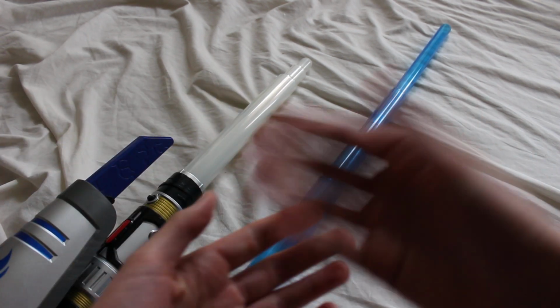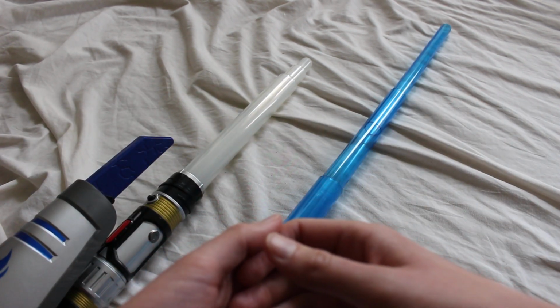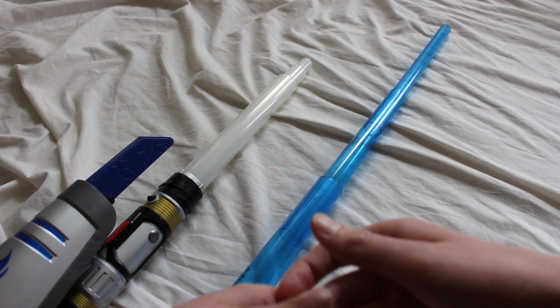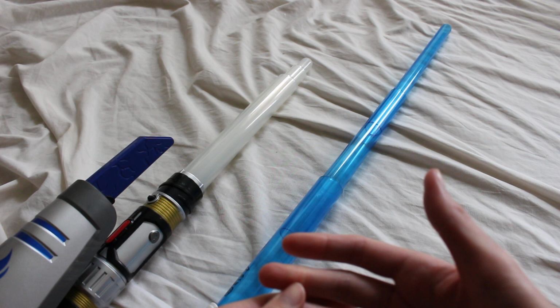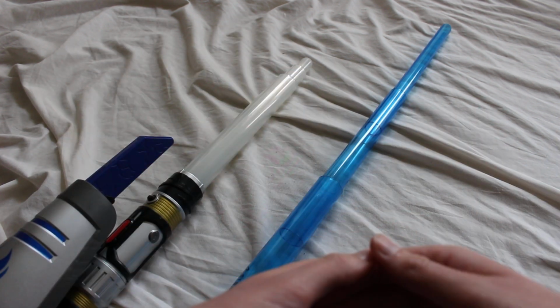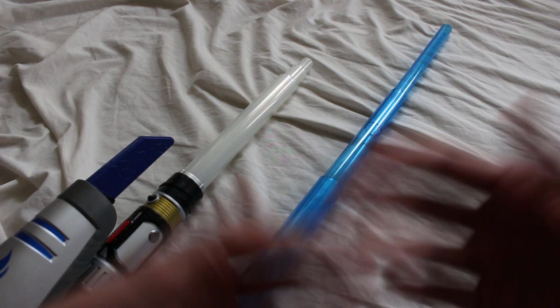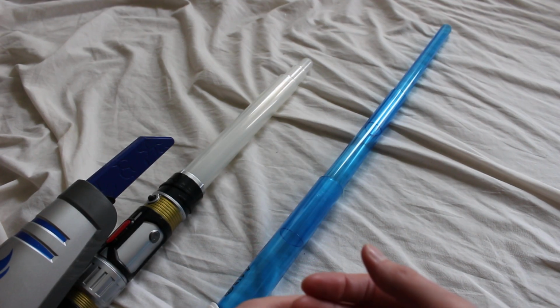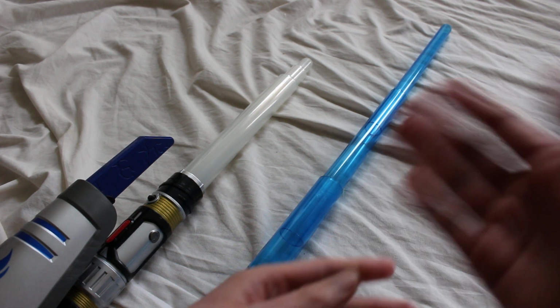A telescoping lightsaber is a lightsaber with blade sections that extend out of the hilt, one section sliding out from another until the full blade length is reached. So here are two examples of some lightsabers with telescoping blades. And you'll notice that pretty much all of the lightsabers with telescoping blades are currently toys, and there are probably